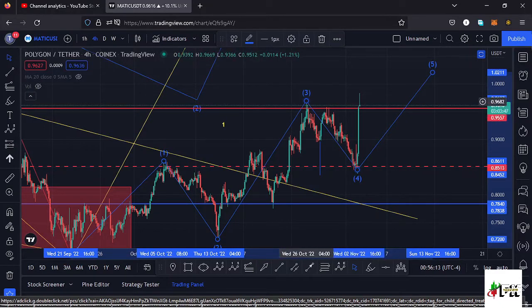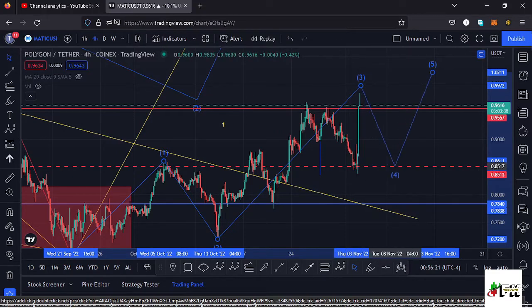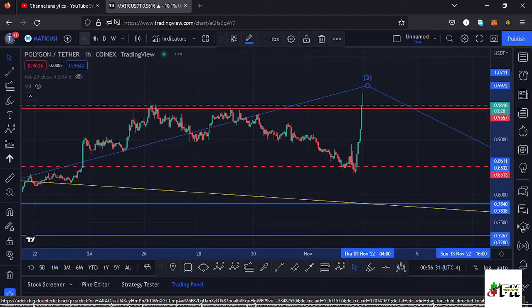So now I want to change my scenarios to having the new high that we have over here as the high for that wave 3, and maybe we still have potential for us to continue pushing higher and maybe get back to around the $1 mark, because we have also managed to break above a key area of resistance at around the $0.95 mark. And if I jump to the 1 hour chart to see whether we have seen a